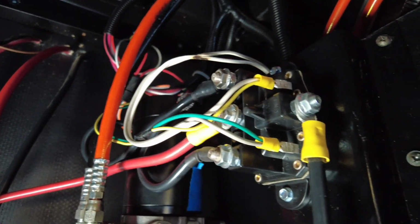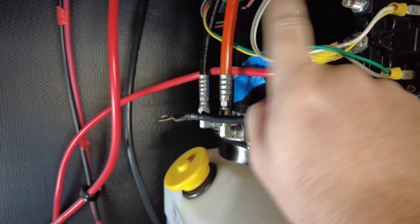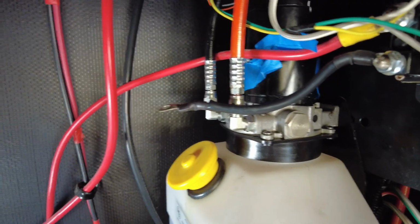As I tested, there are two connections on the dual pump that came from these connectors here, which is why they're unplugged. This one goes there, and the top one goes around to the back. So I verified